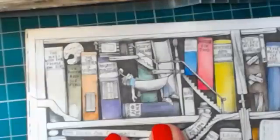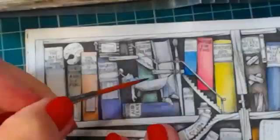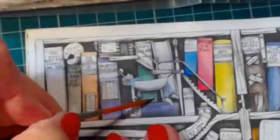Oh, that's Moby Van Dyke there. So that should have been a brown as well, but it's not. I think that's a bit bright for this kind of thing, but seeing as it's all artists, my husband's come